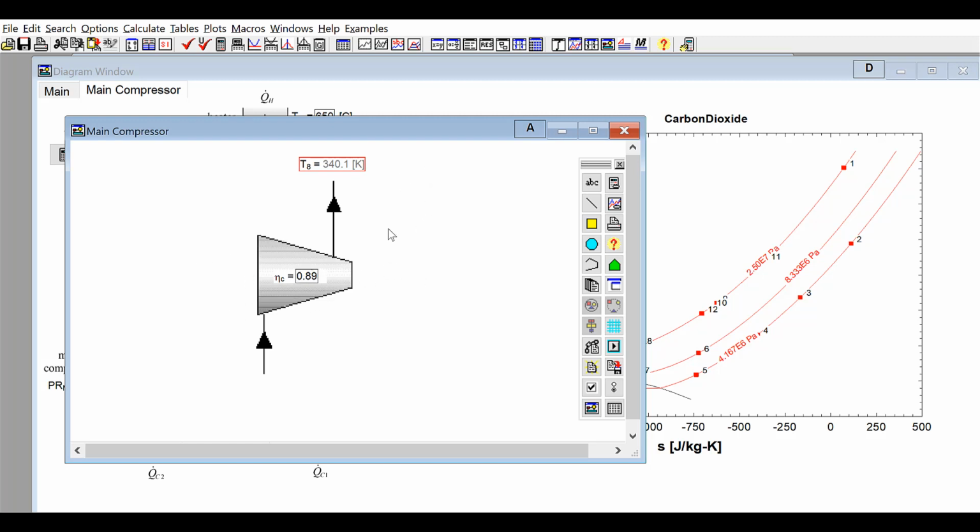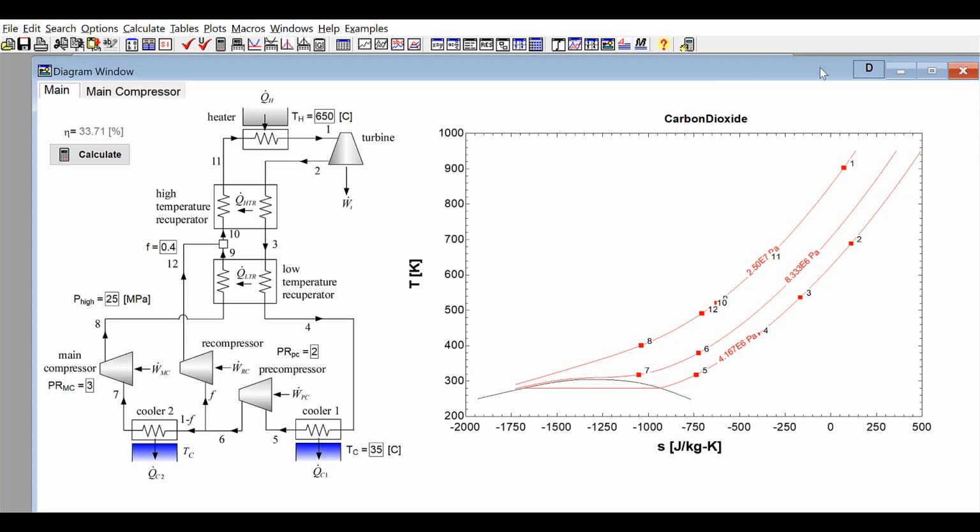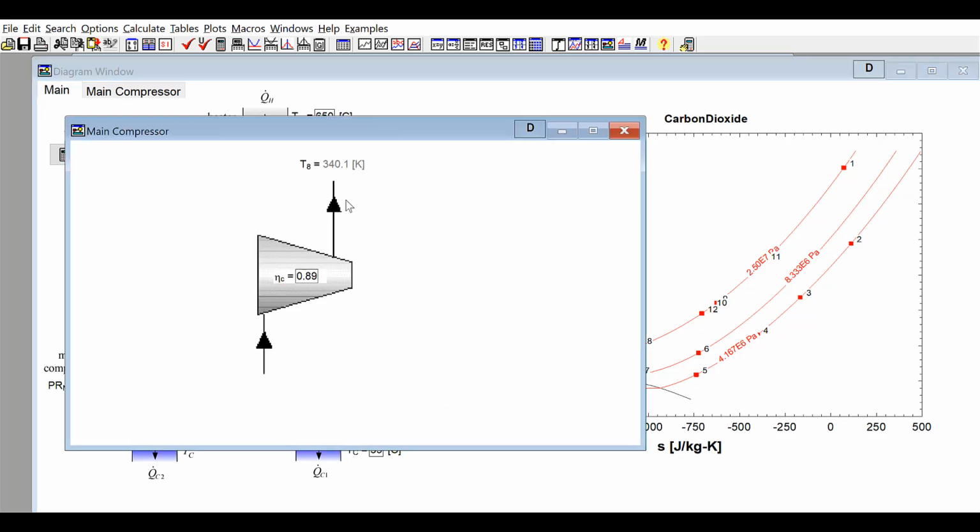And obviously, if it were a more complicated component, you might have to enter a whole bunch of inputs to specify its behavior. But at this point, I have a nice little child diagram that lets the user control specifically the main compressor. So let's go ahead and put this into application mode. You can see that's already in application mode. So now I have this GUI that from the main diagram window I can control the cycle parameters, and then if I click here on the main compressor, it brings up this main compressor window, and I can control just the compressor. Right? So if I run,